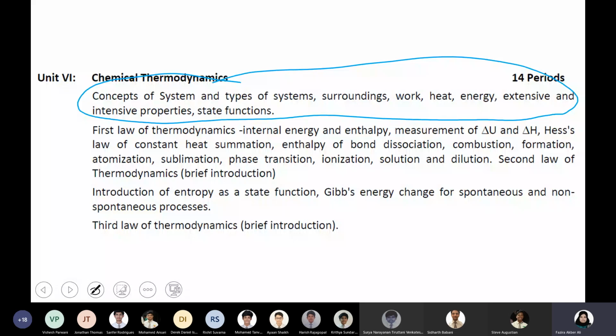So there are new terms, because all this time we were simply using the word energy to explain everything, but it's not only about energy. There are different terms we have to use, like entropy, internal energy, and free energy change, and other different names. So that is what we're going to discuss in this chapter, chemical thermodynamics. That is why it is not simply written thermodynamics, it is chemical thermodynamics, because we are dealing only with the energy changes taking place during a chemical reaction. We are not dealing with the entire thermodynamics part, only chemical thermodynamics.